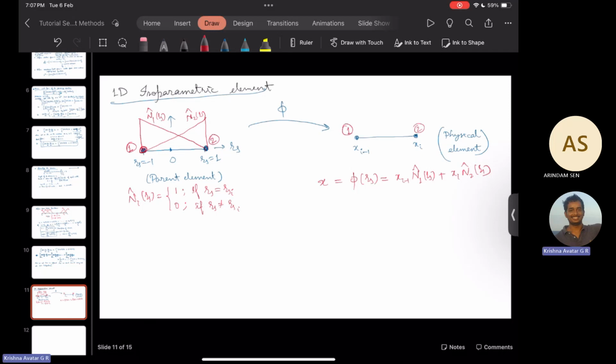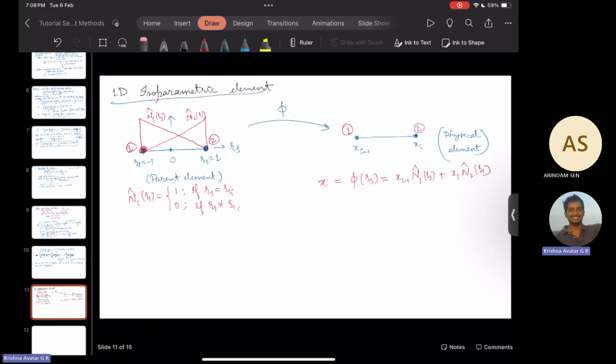And we can clearly see that if xi is equal to minus 1, then this term will be 1 and this term is 0. So it means that we recover x is equal to xi minus 1. Likewise, if xi is equal to 1, then this term is 0 and this term will be 1. So x is equal to xi. Fine. So once we have done this,